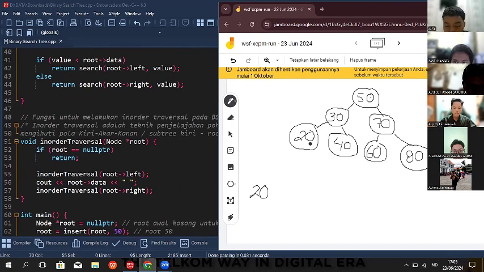Then return to the root or parent and print 30. Then search the right branch and print the value 40. Then return to the root and print the value 50.